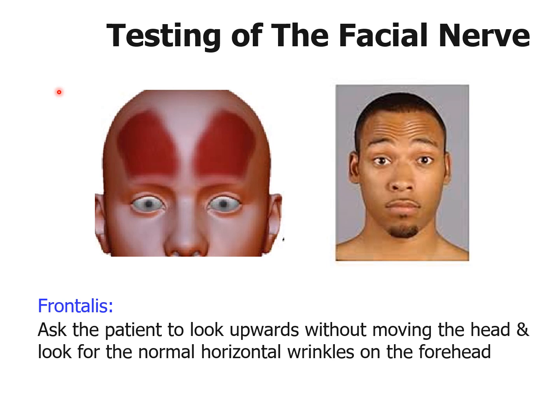Now we shall briefly review different groups of muscles of facial expression and how their actions can be used to test the facial nerve. The frontalis muscle is innervated by the temporal branch of the facial nerve, and to test its function, you ask the patient to look upwards without moving the head, and you could look for symmetrical horizontal furrows on the forehead, indicating normal function